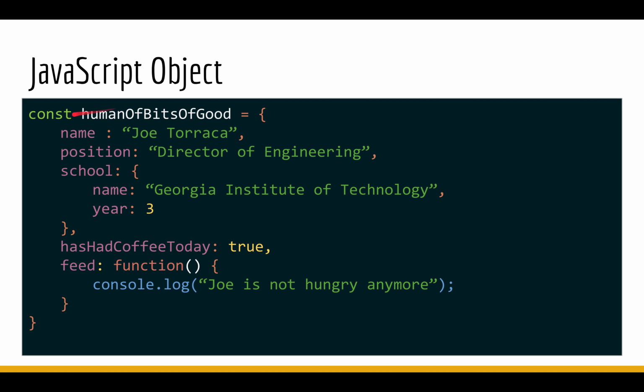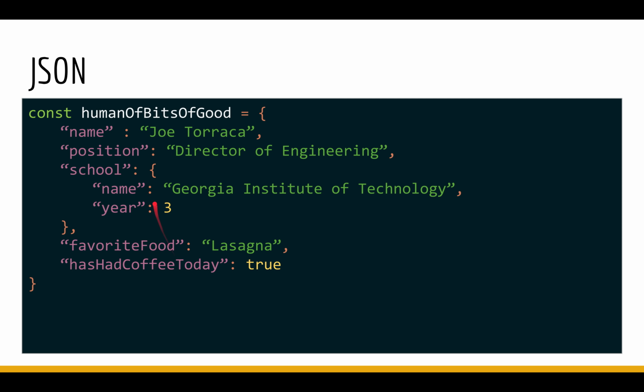So notice that the keys are not in quotes, and also we can have things like functions as values. Now if we look at a JSON object, you'll see that the keys are in double quotes, all of them, and we can't have functions as values. We can have other JSON objects as values, but we cannot have functions, and everything else has to be a